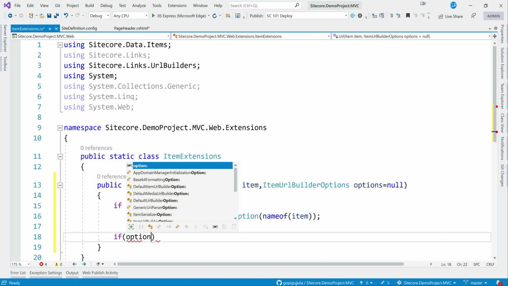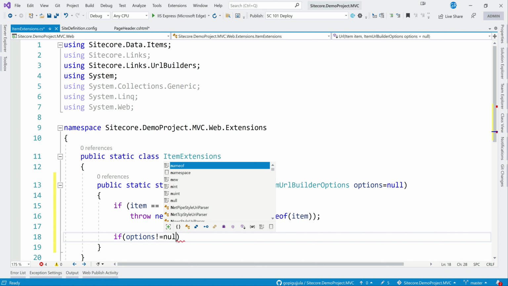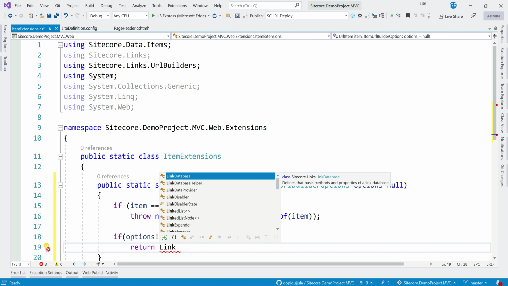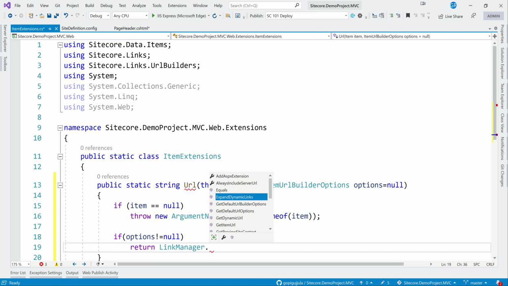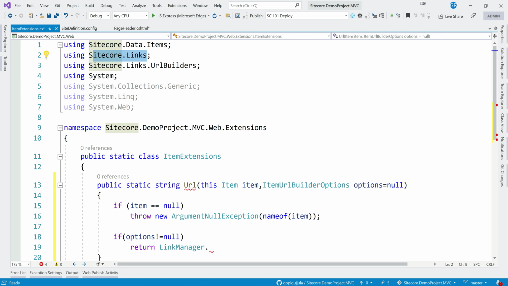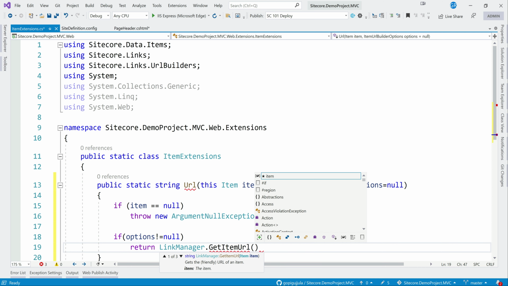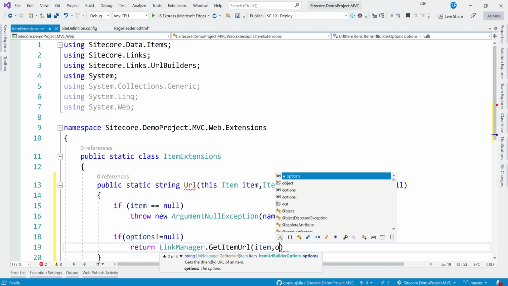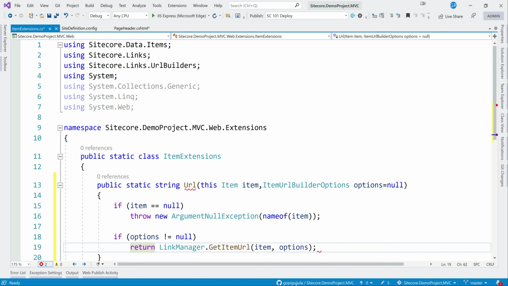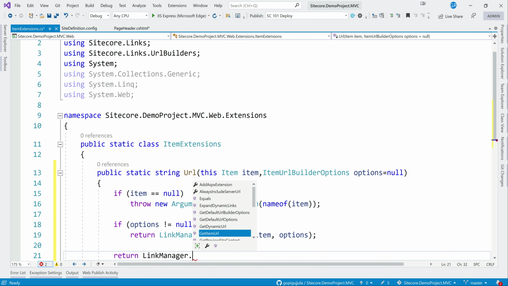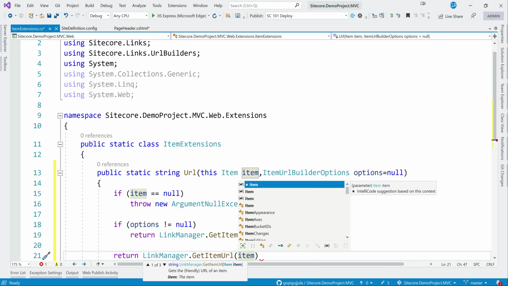If options is not equal to null, then we can return using the LinkManager, so again you need Sitecore.Links. This is anyway in the GitHub, you can check later. LinkManager.GetItemUrl, and we will pass item comma options. Options are sent for us. If not, directly return, because if you are using this way, it will use the default options. Yeah, that's all.